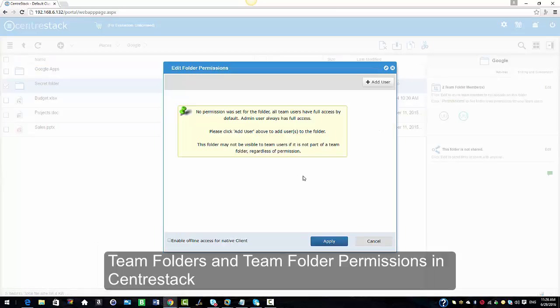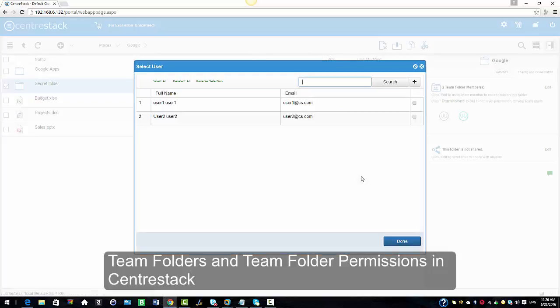It says no permission was set for this folder. All team users have full access by default. Admin user always has full access. Please click add user above to add user to the folder. And the folder may not be visible to team users if they're not part of the team folder, regardless of the permission. So we're going to add a user, and I'm going to add user 1,